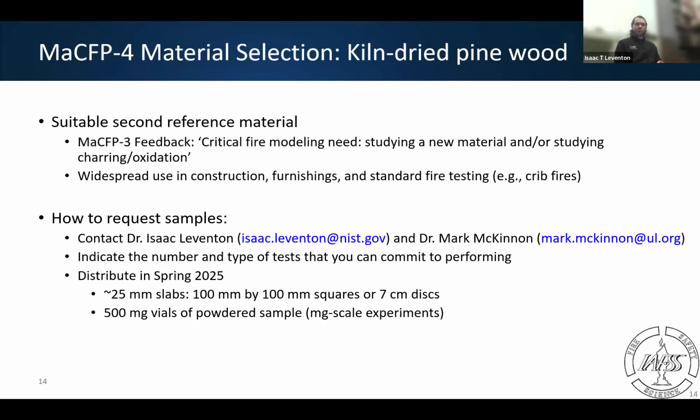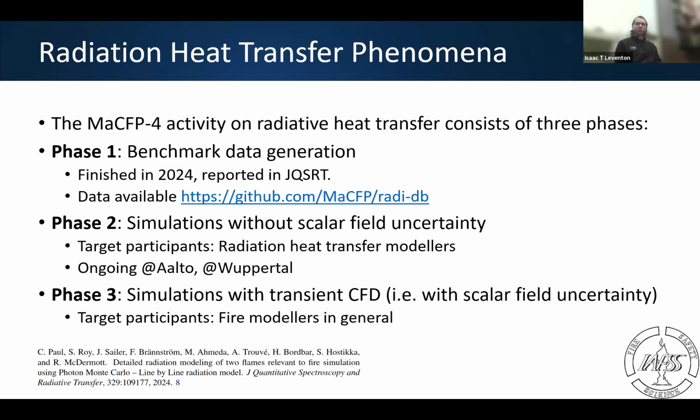I will leave it up to Simo if he would like to continue directly or if we should pause for questions, but we'll switch from condensed phase to radiation phase, and I can stop talking for a moment. Okay, thank you, Isaac. So shall I continue, or we have questions now? No questions in the chat, and I don't see hands going up just yet, so maybe continue, and then we'll wrap up with questions from there.